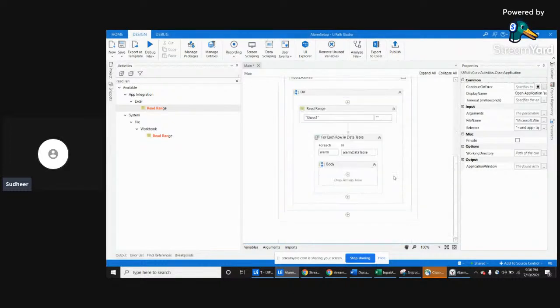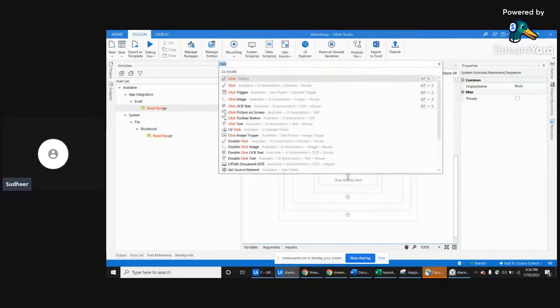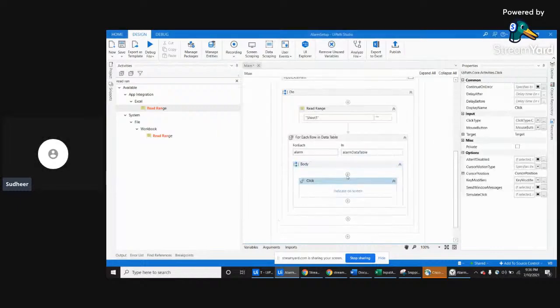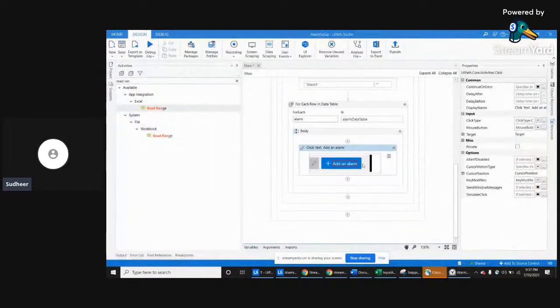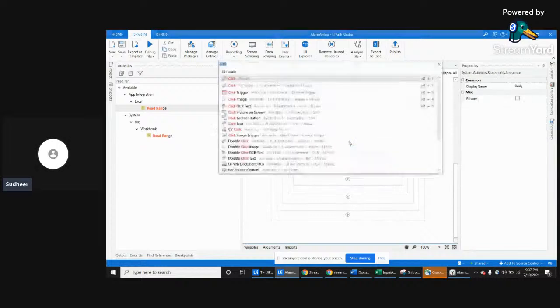Yeah. So once it clicks on the alarm, the next step is to click activity, then click on add alarm. So here, add an alarm. For each and every record, it has to click on add an alarm. And so what we can do is simply use attach